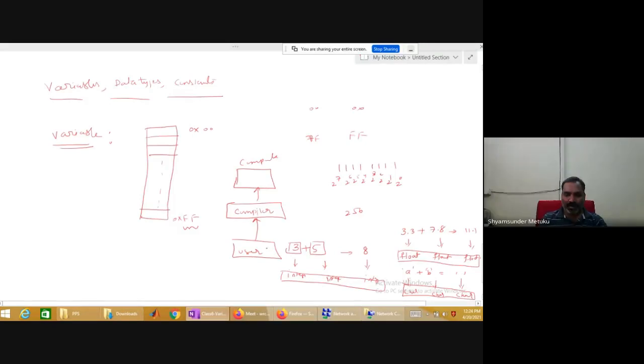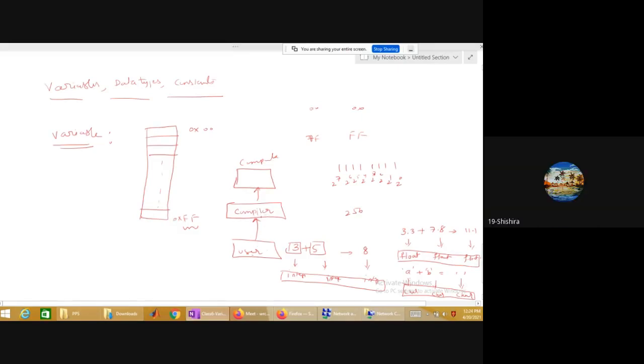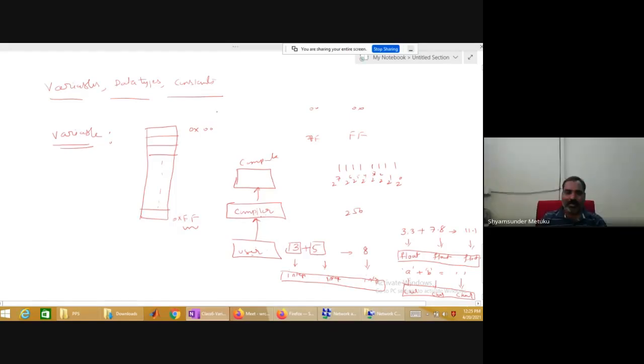So before a user would like to perform any action or any kind of operation, he must remember what type of data he is trying to give to a computer. Before the computer takes that input, the compiler is a mediator. Whatever you would like to convey to the computer, you cannot directly talk to the computer. You can only talk to whom? The compiler. Yeah, so the type of data is called data types.